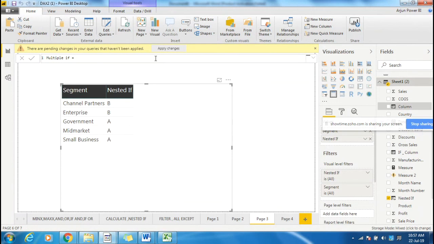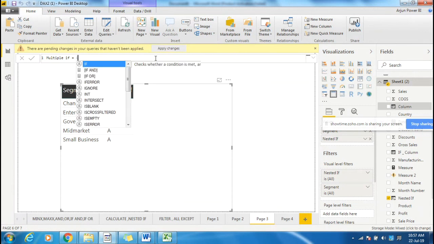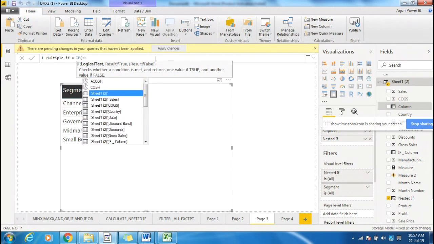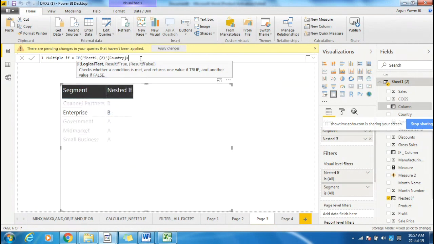In real time, you will not give A/B conditions. It may be more than two values, right? Now, if logical test here, I am giving sheet 1 country equal to what is it? Canada. Comma. If it is true, then display A. Here, if I give the false statement, what is the problem? For example, if I give the false statement,